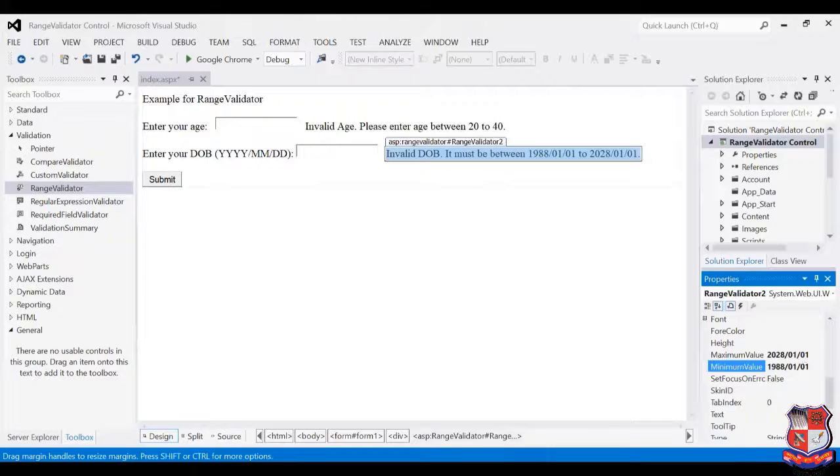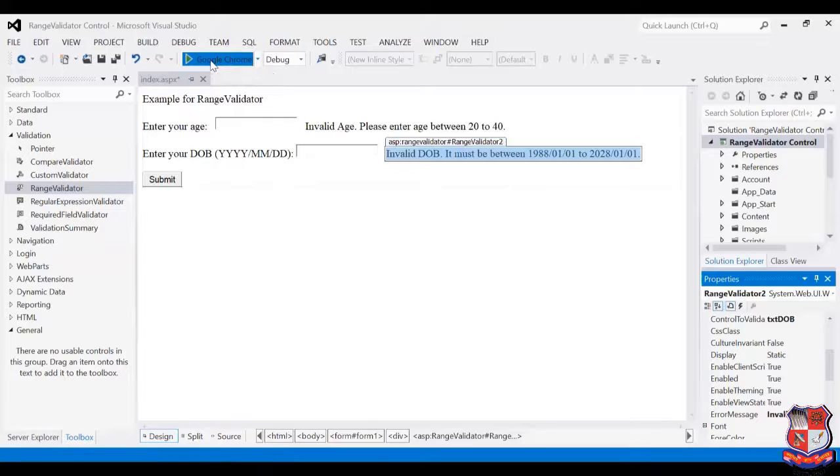Okay, apart from this we have to set one more property, that is Type, and over here the value is Date, because we are doing it for date. Okay, so that's it.